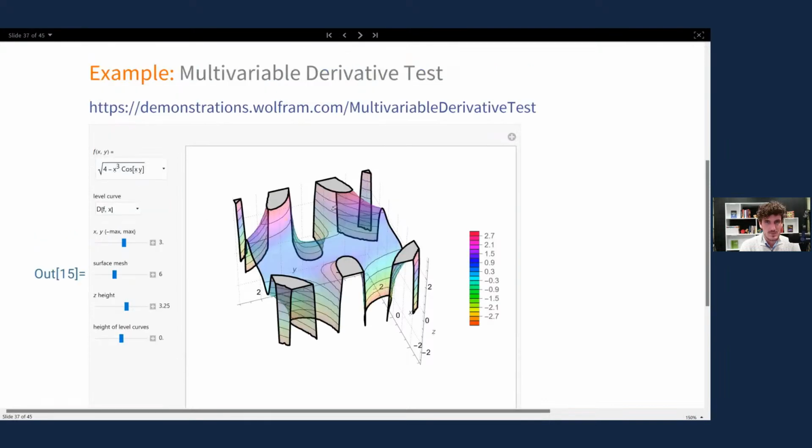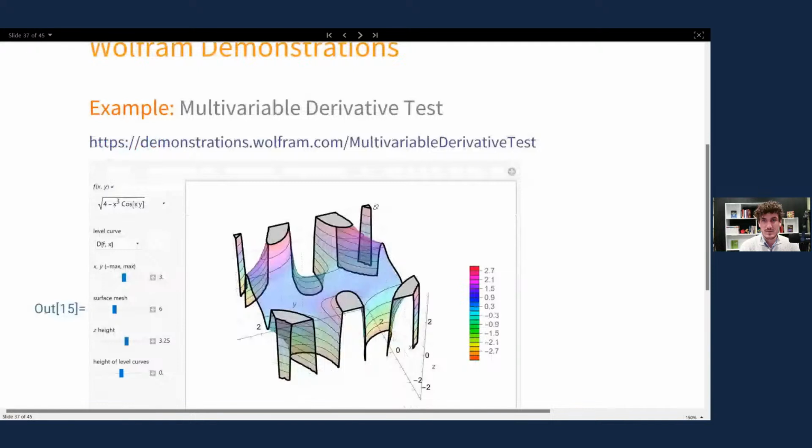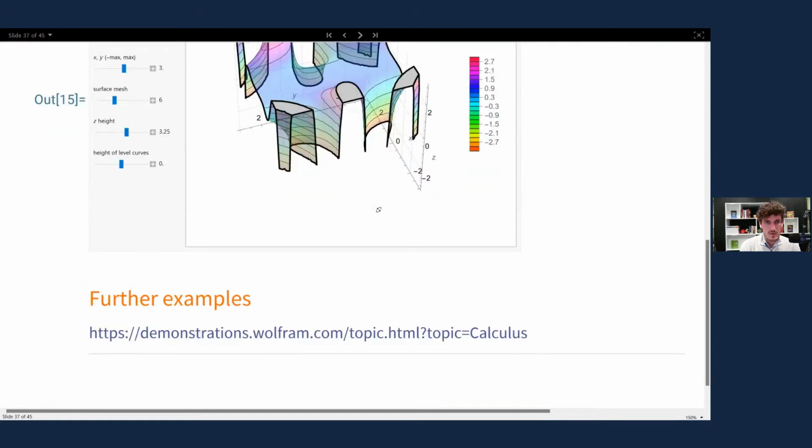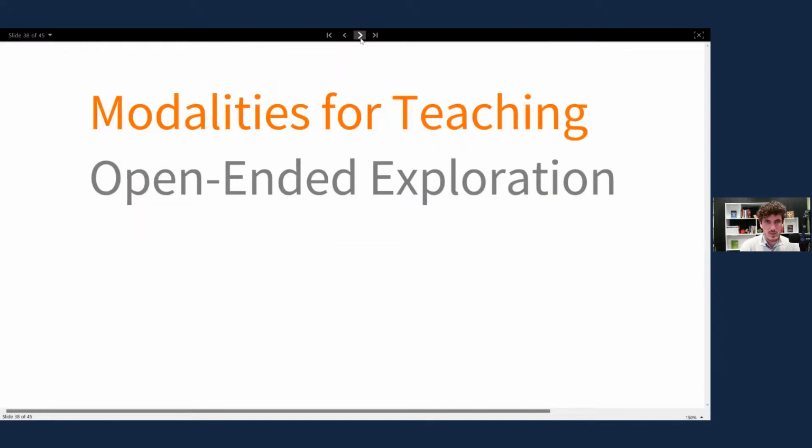Just to have access to all of this in not many lines of code, and you can just go onto the Wolfram demonstrations and either download the source code or just play around with it. So here is a link to some calculus demonstrations. Okay, so that would be if you want to deep dive into a very specific topic, but if you wanted to do a more open-ended exploration,